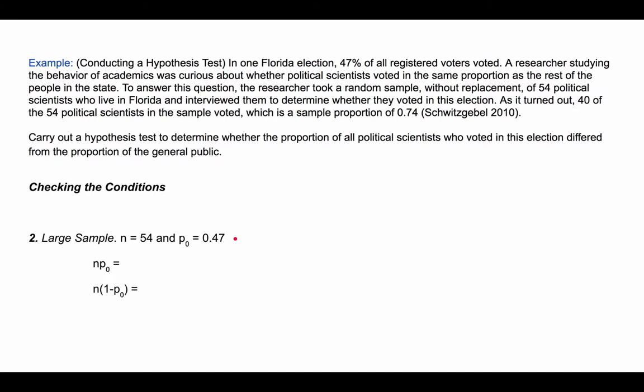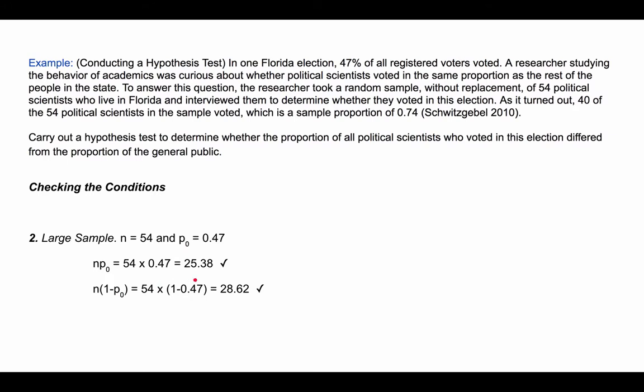I think the number one mistake people make with this kind of thing is they mix up p naught and p hat. P naught is not the one that comes from the sample. P hat is the one from when we took the sample of 54 and 40 of them voted. P naught is the typical standard null hypothesis value, what we already know or think is true, 47%. Okay, so if we multiply these, we get 54 times 0.47 is 25.38,